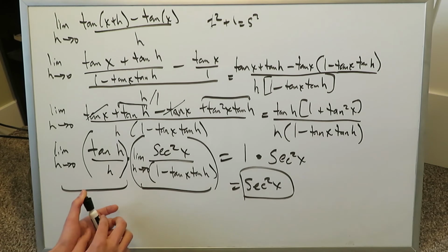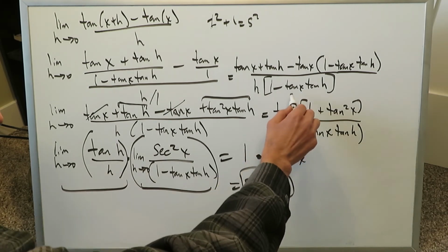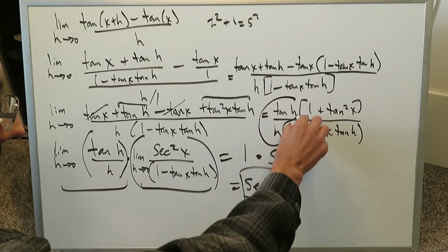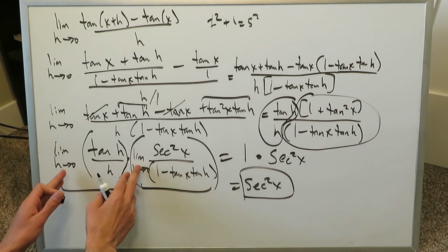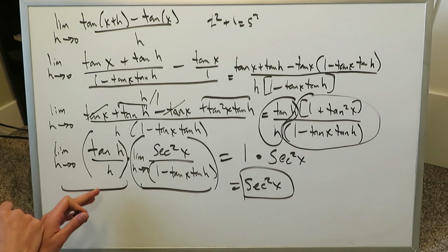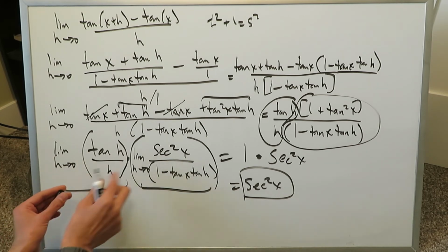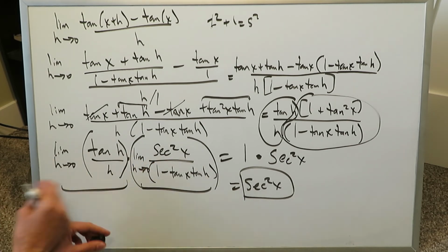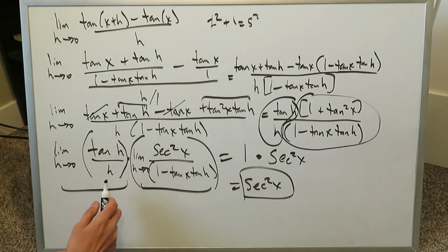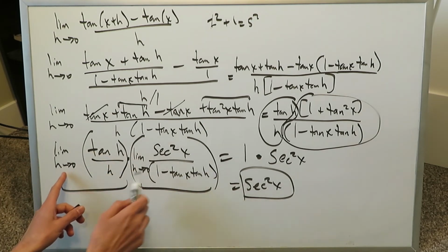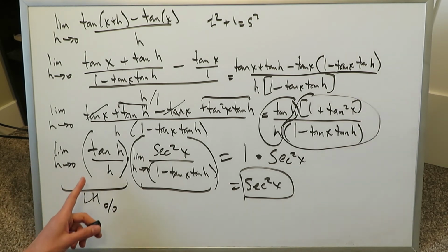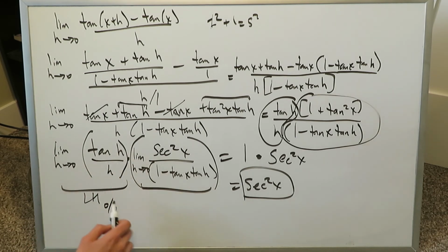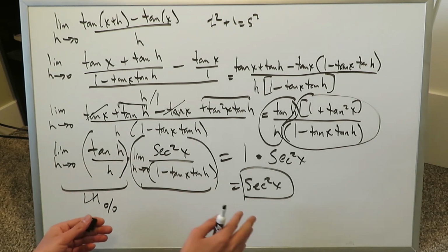I isolated everything over here. And these are the bubbles I used to isolate. Here was one bubble and here's the other bubble. And I isolated them under their individual limits utilizing the product of limits. Remember, a limit property, the limit of a product is equal to the individual product of their limits. And that's the property I'm utilizing. You separate them out. This part requires L'Hopital's rule because you have an indeterminate limit form come into play, 0 over 0. We know tan h is equal to secant square x by means of a graphic derivation procedure